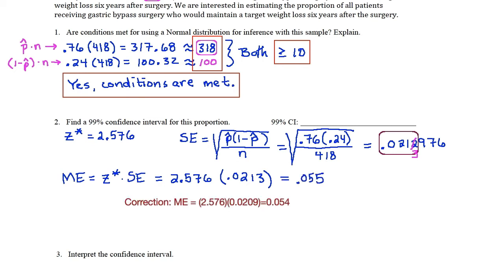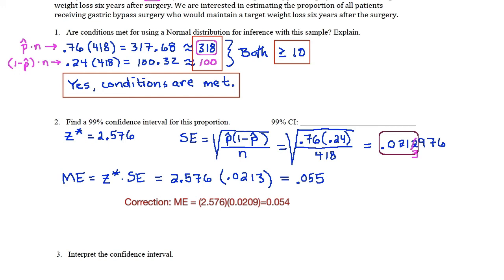Again, remembering that the number of digits to take this margin of error to is often either to match the number of digits of your sample statistic or take it 1 decimal place farther. Since this is a kind of small number, I'll go ahead and take it 1 decimal place farther to 0.055